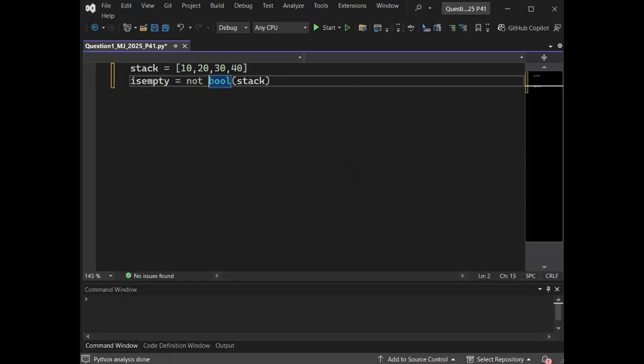Now what will this bool function do? This bool function will return true if it finds any value or values in this stack, and it will return false if it does not find anything over here.